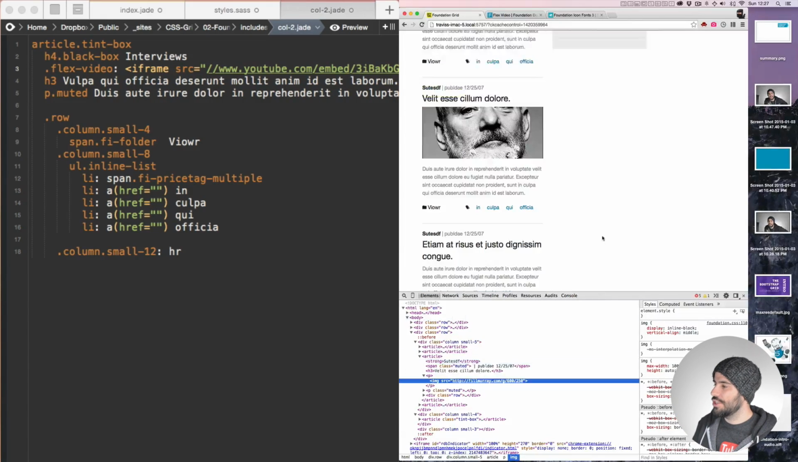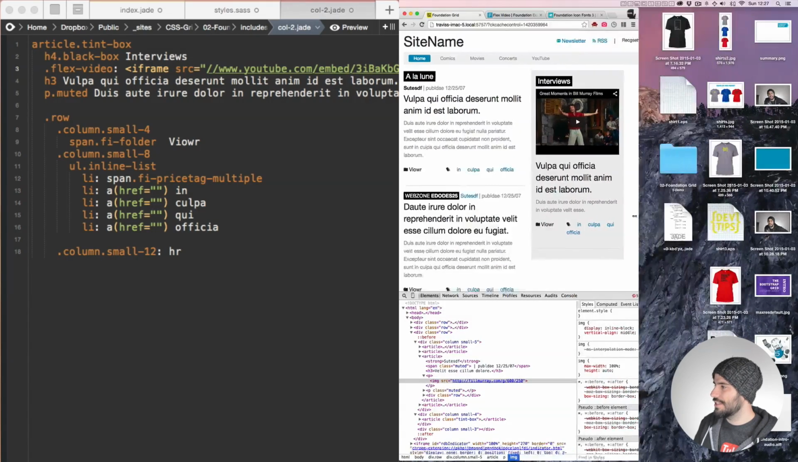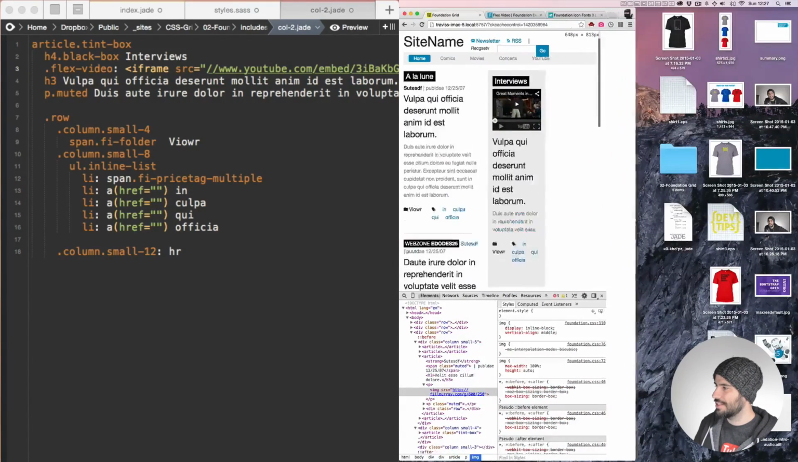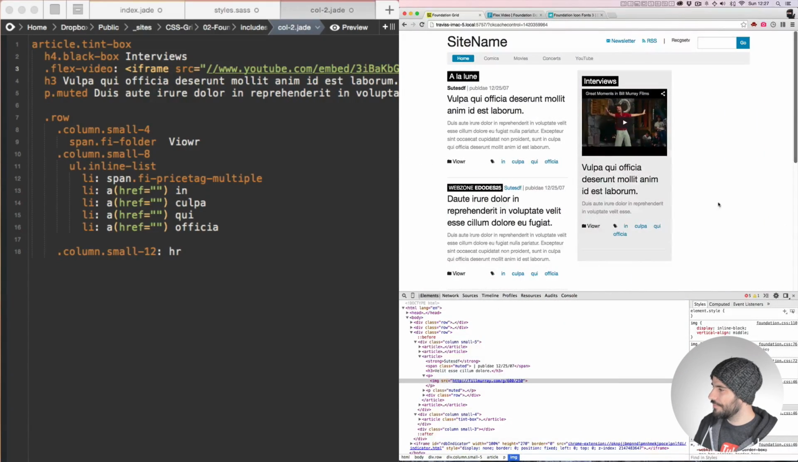But the video one, they do have a specific video for fit video, and when I collapse this layout, you can see how the video will change too. You see how it gets smaller and bigger as the layout changes? Well, isn't that special? All right, now that we've figured out the tint box, I want to look at this